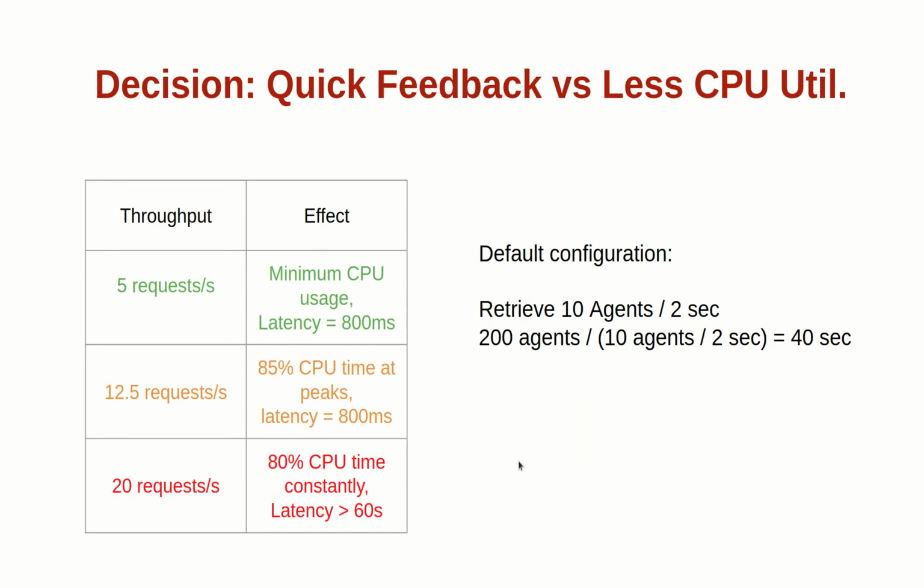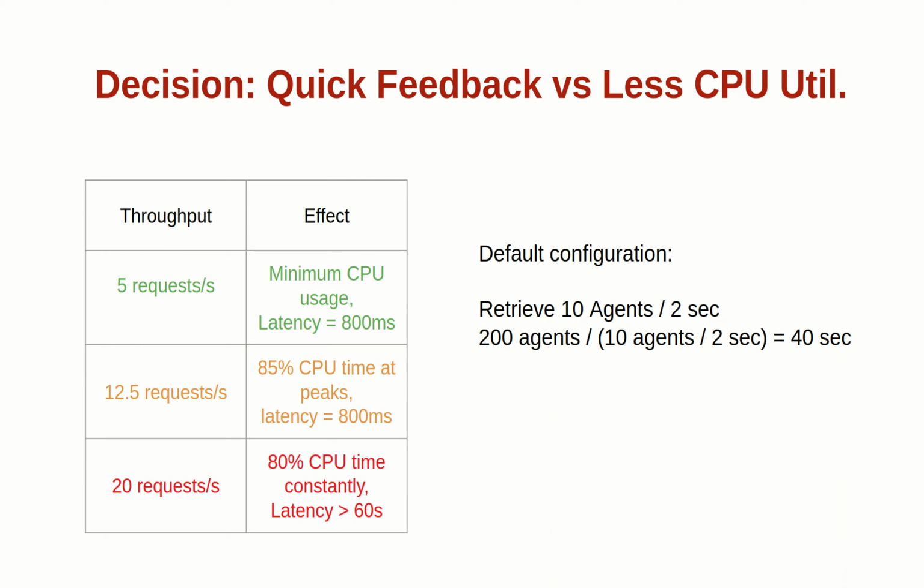The second decision is about performance tuning. During our test, we figured out a trade-off between how quickly the user can tell something is going wrong and how much resource will be used by the visualization web app. In our experiment, when the throughput between the web app and the verifier is around 5 requests per second, the verifier CPU usage doesn't increase by a noticeable margin, and the maximum latency is less than 800 milliseconds, which is